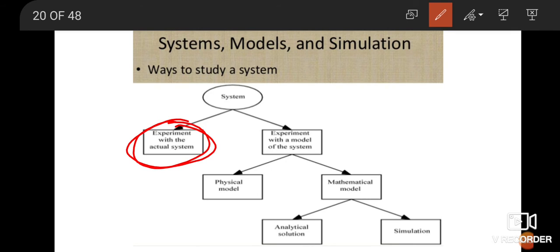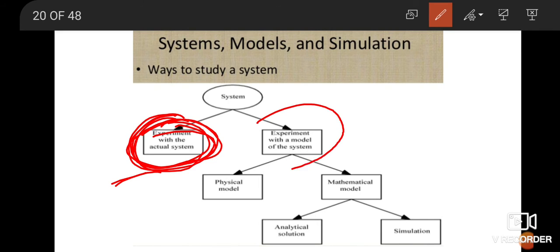So you can learn, that means you can study the system by actually experimenting with it. That is one of the best ways. You can directly experiment with it. Add one thing, remove one thing, put one constraint, take another constraint, and so many things you can do. There can be so many variations. So that is the first thing, you can actually experiment with the system.